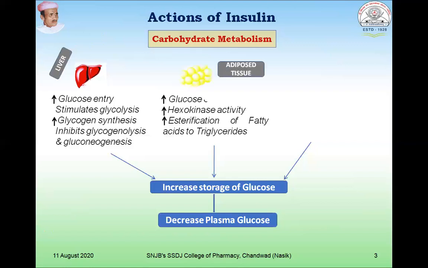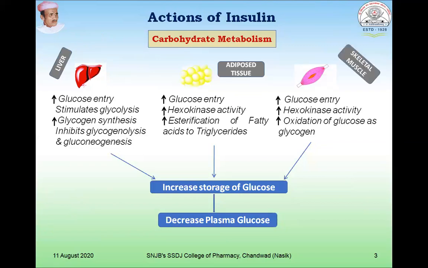Now, insulin has certain effects on the adipose tissue. What is that? Glucose entry in adipose tissue by stimulating the GLUT4, as we have seen in the mechanism of action, and hexokinase activity. In fat cell, glucose is then converted into alpha glycerophosphate, which is further used for esterification of fatty acids and triglycerides. In skeletal muscle, again, stimulation of GLUT4 increases the glucose entry into the cell and increases